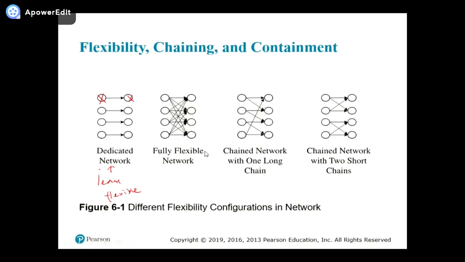And another extreme is a fully flexible network. In this fully flexible network, I'm connecting each demand side to all possible supply sides. So if this fails, I can use this one. And if